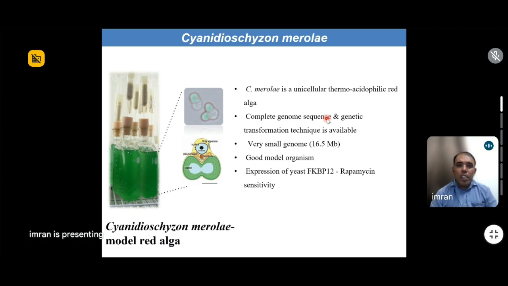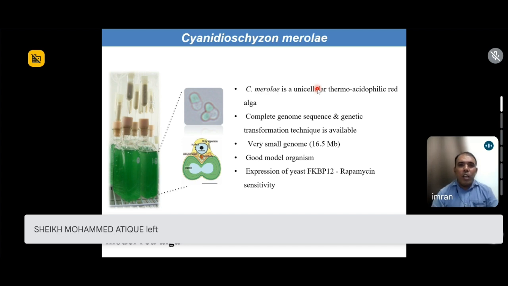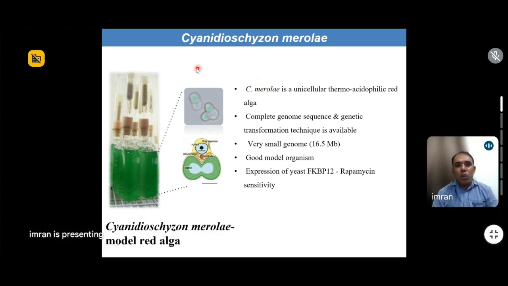So in order to understand the role of TOR signaling in starch accumulation, I have used an organism known as Cyanidioschyzon merolae. Basically, this is a red algae. It's a very interesting model system. So far, no one is working on it in India, but I have recently started to work on this. Why am I saying it is a very interesting organism? This is a eukaryotic